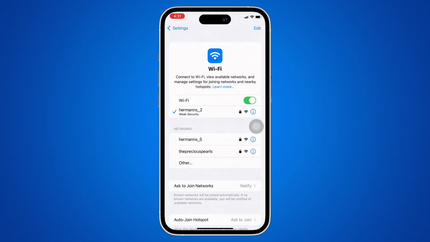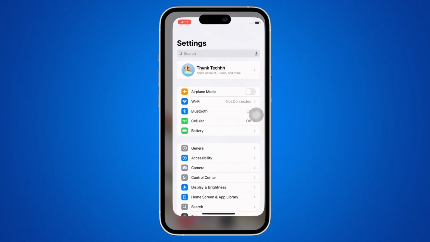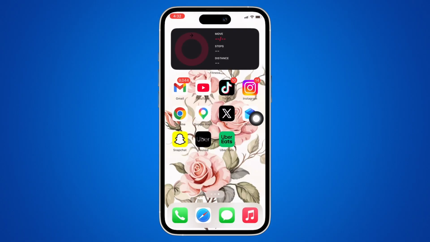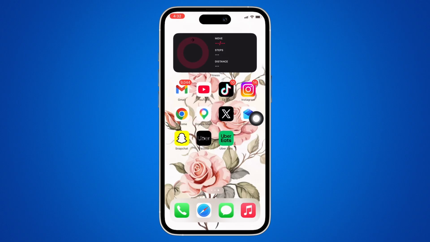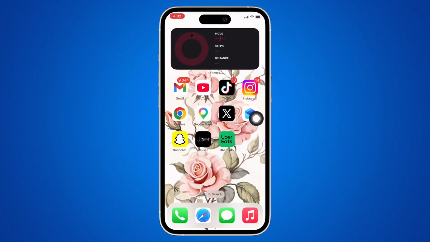You can also try to enable airplane mode for 30 seconds and then disable it again and see if that helps. If not, then you can simply try to restart the Instagram application. So swipe up on your screen and the app switcher will appear. Close the Instagram app there and then reopen the app, and this will fix temporary glitches that can stop Instagram